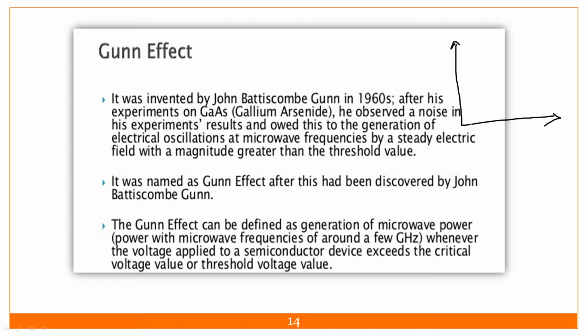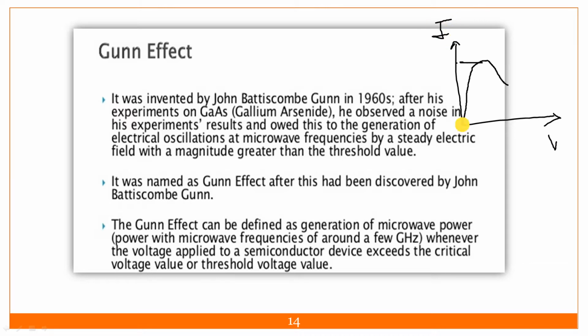At a certain voltage, the current is increasing. If you are increasing the voltage, the current keeps increasing, and at the peak voltage, or we can say the peak current, suppose this is the maximum value, then what will happen? The current starts decreasing. If you are increasing the voltage and the current is decreasing, in this V-I characteristic, what will happen?